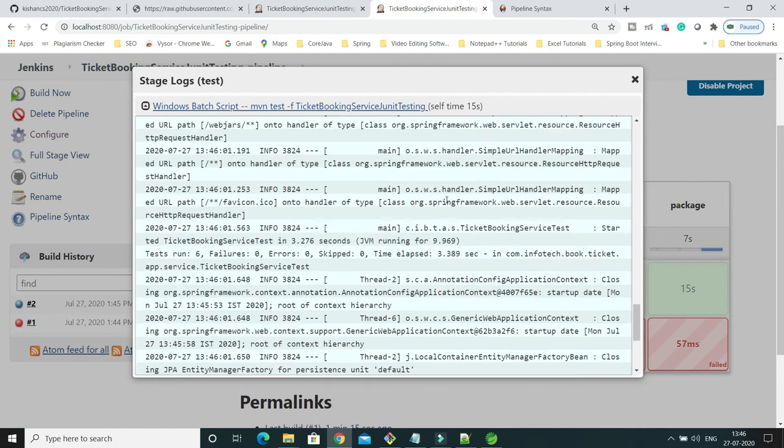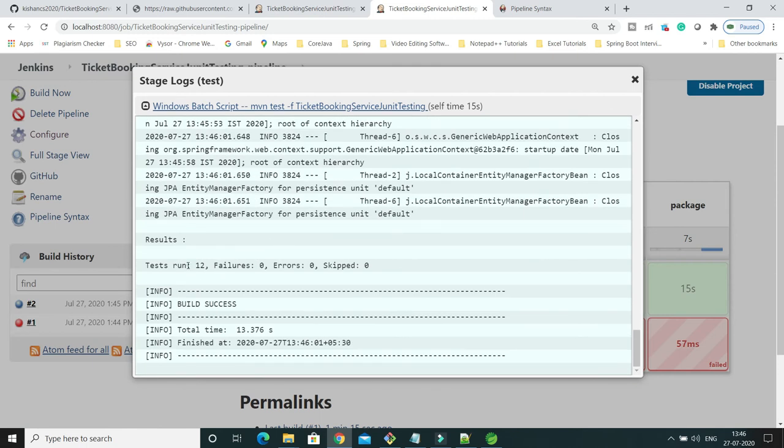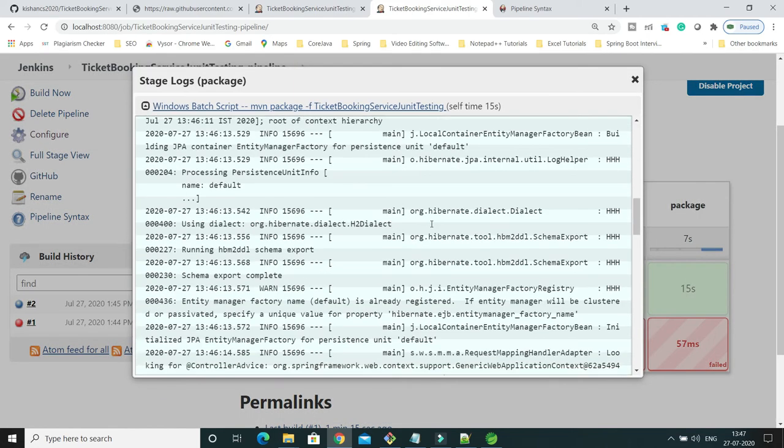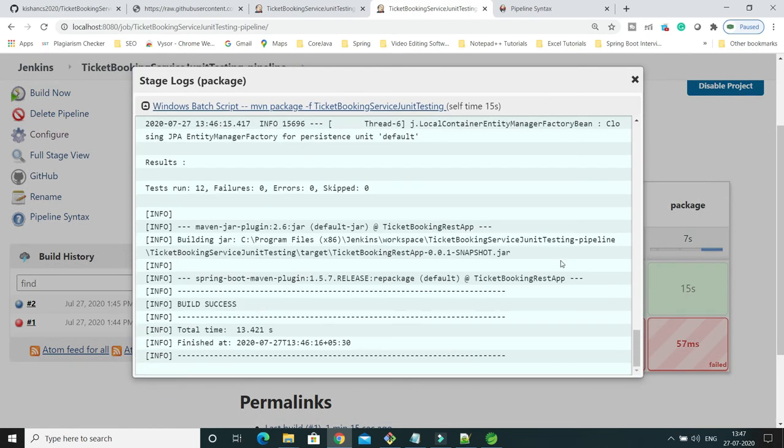Here, if you look, all the test cases have been executed. There were 12 test cases, 0 failures, 0 errors and 0 skipped. And in the packaging section, the distribution file is stored in the target directory, right?